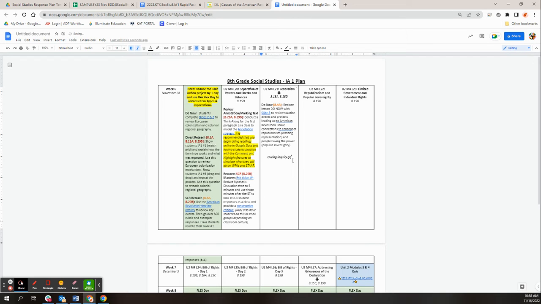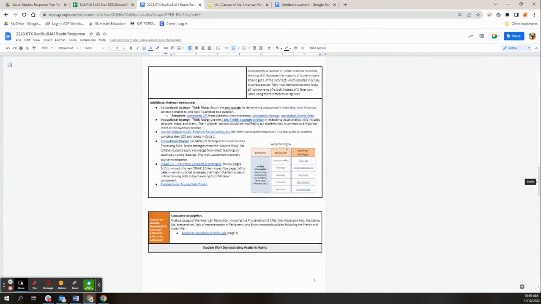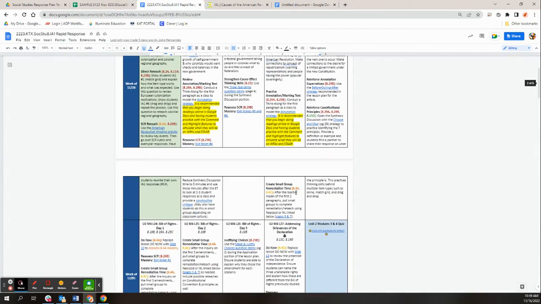During inquiry group time, pull the reteach group, and have them do this. So similar to what it said on the calendar up here, I'm then going to, after the first two paragraphs, have that other group focus on doing this instead, and that will help reteach it. So I would keep doing that, going through each day and looking at where I can include some of these suggestions or just other reteach methods based on my own data to use the rapid response document.